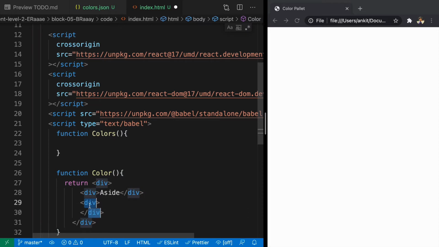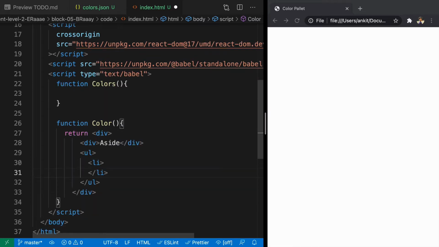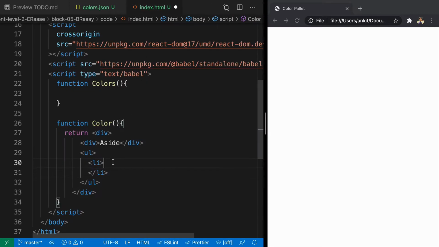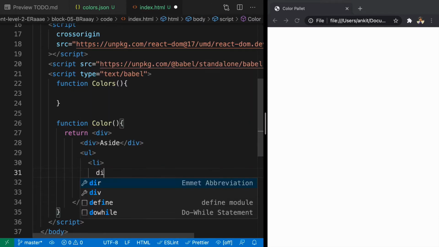We can also make this div a UL element, and here we'll have multiple li, and that li will display colors. And each li here needs to have three different pieces of information. One will be the box, and then we have 50 and the hex code of the color. So inside the li, we can just create a div.